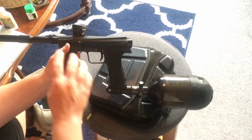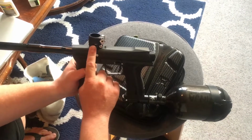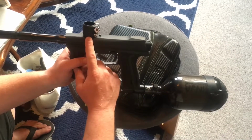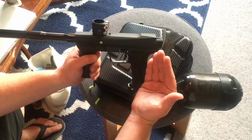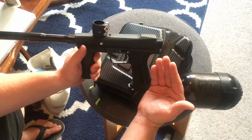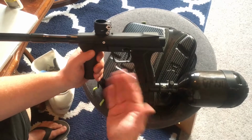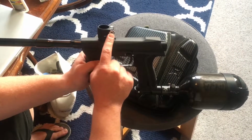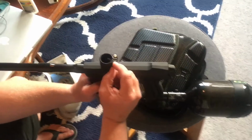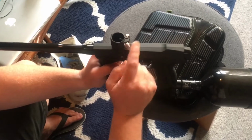Planet Eclipse is also offering a low-rise metal feed neck for the LV1 or the E-Tech, I believe, but it's like best price on the internet, maybe $27 or $37, and I just can't see spending that much money on a $200 paintball gun. So what I did was I found a thumb sprocket online for $5, and I just replaced the bolt and put the thumb sprocket in,